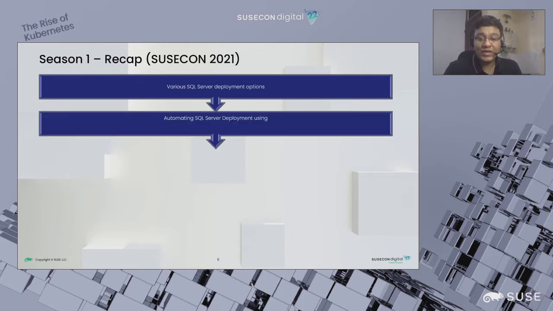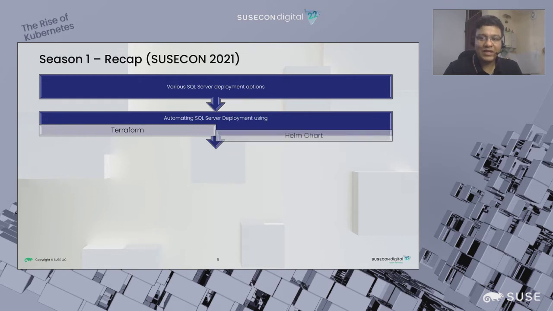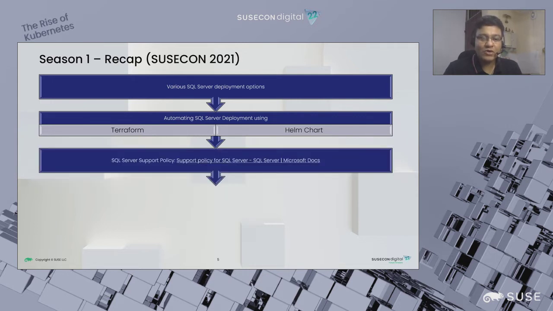Then we spoke about how you can automate these deployments and some of the techniques. One of the best demos that I've seen was about Terraform. Thank you, James, for that demo, which was how you can use Terraform to go ahead and set up a SQL Server VM running in Azure. Similarly, we also saw a Helm chart demo, which was about how you can deploy SQL Server containers using Helm charts. Then we also spoke about some of the support policies that help guide how you can create custom container images, as well as how you can deploy SQL Server on SLES, which is completely supported from both Microsoft as well as the SUSE side.